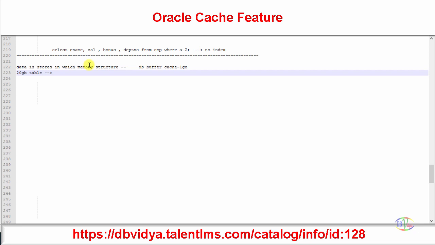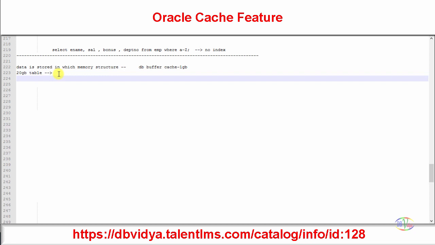Yes. So assume that in most applications there will be some ref tables or master tables, what we call reference tables or master tables. Let me give an example. If you have a business in more than one country, then definitely a country table will be there, right?